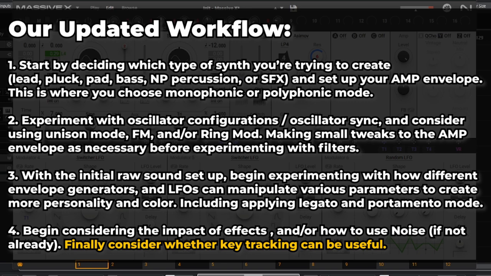Then experiment with things like oscillator configurations, oscillator sync, using things like unison mode, FM and or ring mod, and making small tweaks to the amp envelope as necessary before experimenting with filters. With the initial raw sound set up, you can then begin experimenting with how different envelope generators and LFOs can help manipulate various parameters to create more personality and color in your sound, including applying things like legato or portamento